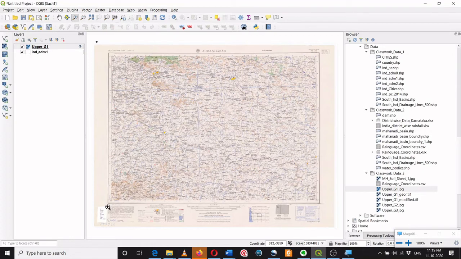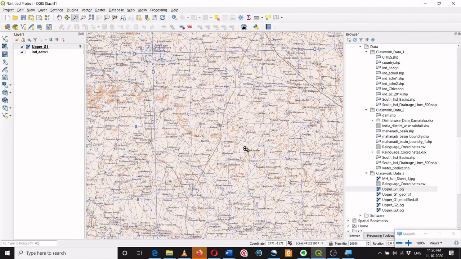So what we do in that case, we zoom in the map, or it can be an image which is taken by a drone, or it can be a photograph representing a geographical area. So in case of a map or photo, we just zoom in and try to identify the part of the map which we can locate on the surface of earth.